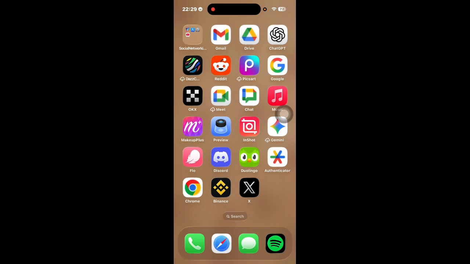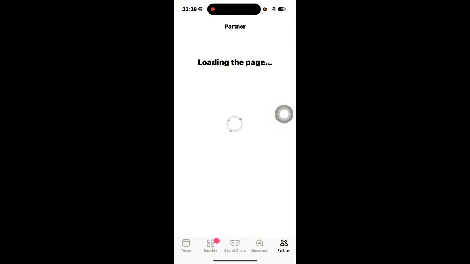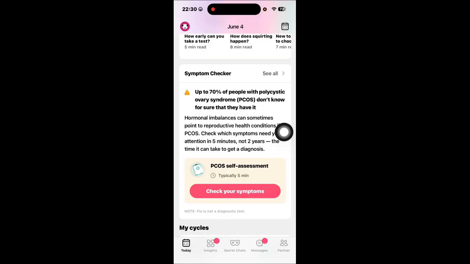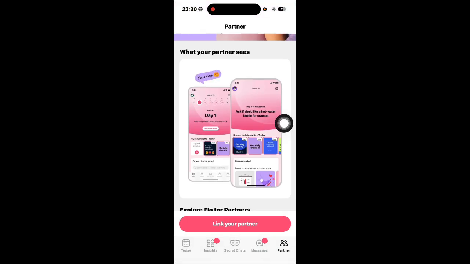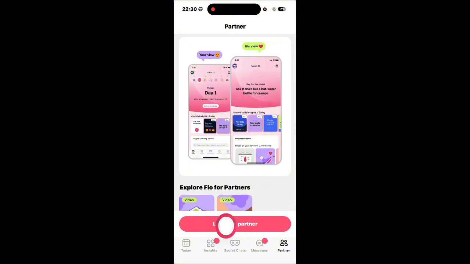So first of all, you can open Flow application on your phone and sign into your account. Once you're signed in, you'll be redirected to the home screen and you're going to search for the option of partner at the bottom right corner. So you're going to simply click on partner and you'll be able to see a pink button that says link